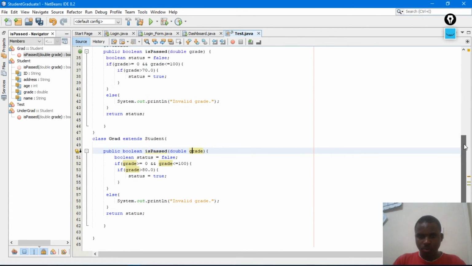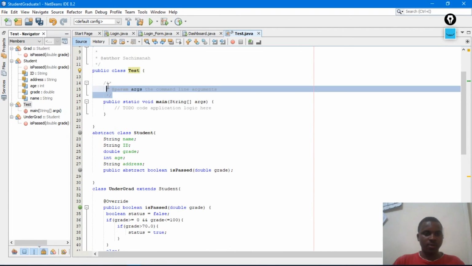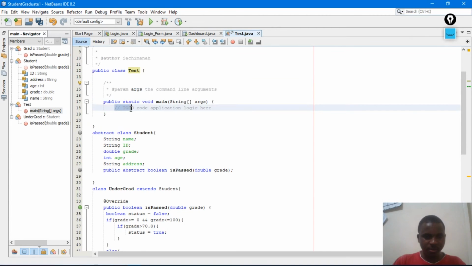So I have to go back here in my test method. I have already created my test method when I changed the name of this class. So okay, not here. I have to come here and create my objects. For undergrad, I have to create a new object. Let me say undergrad u, let's say u must be assigned to new keyword undergrad, like this.